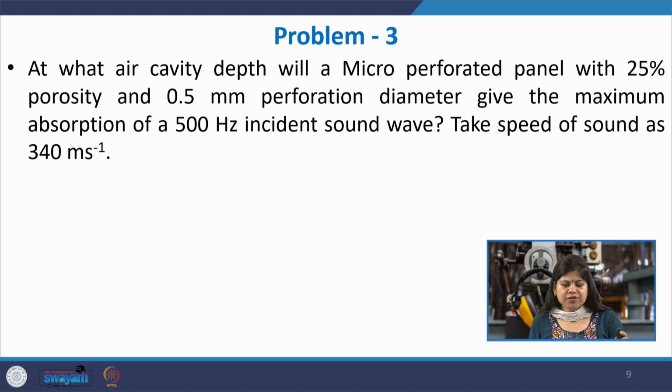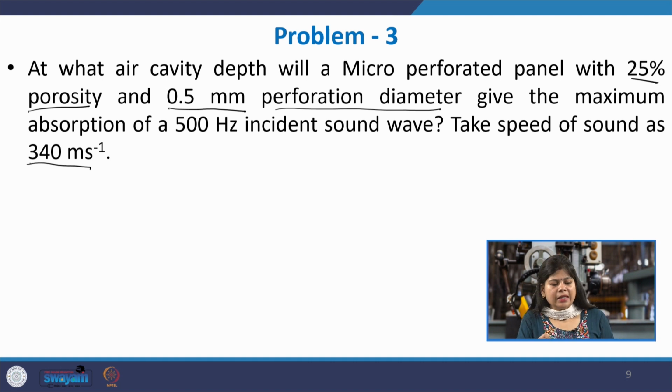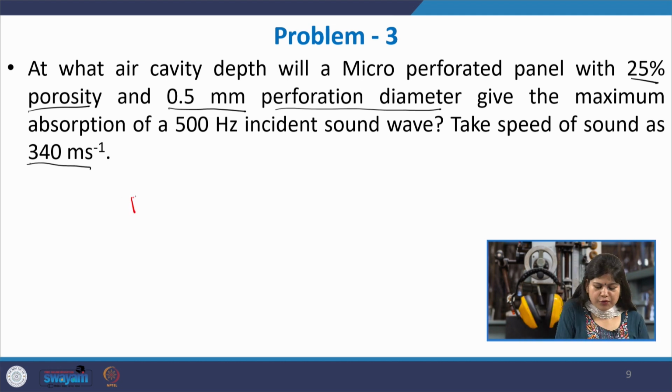At what air cavity depth will a micro-perforated panel with 25% porosity and 0.5 millimeter perforation diameter give the maximum absorption of a 500 Hz incident sound wave? Take the speed of sound as 340 meters per second. Now, you know the frequency at which the absorption is obtained. Okay. So, here I would like to state that the frequency at which peak absorption